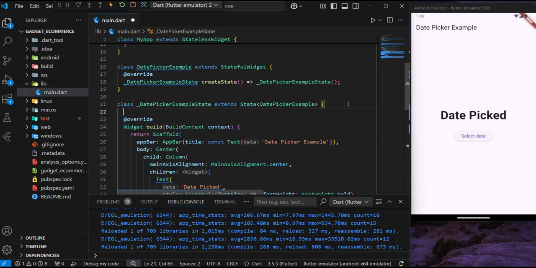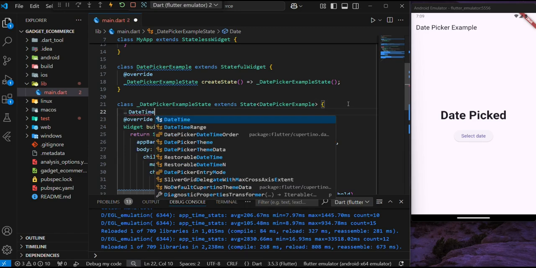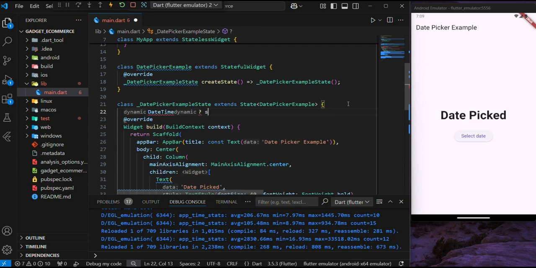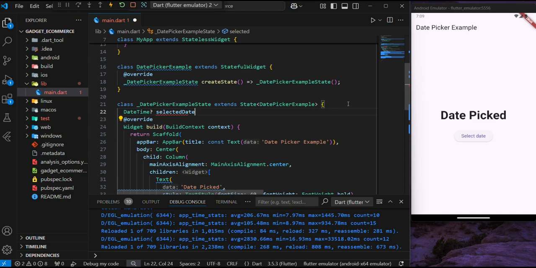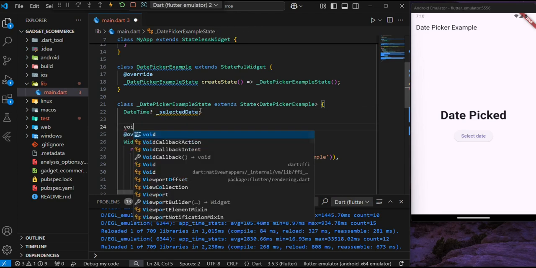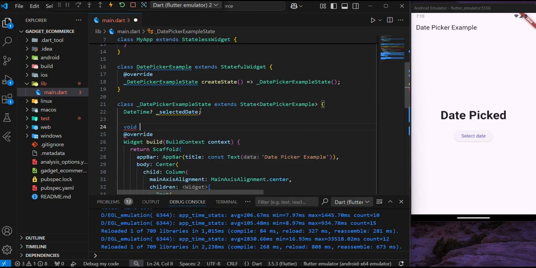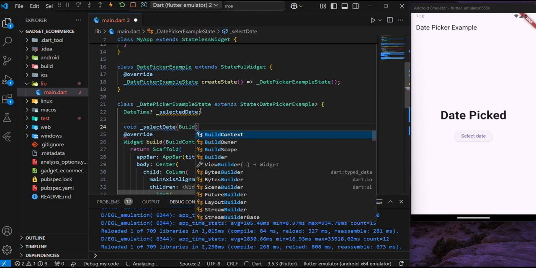So to do that, we're just going to come here, and then we're going to make use of the DateTime class, and then you can say selected and call it selectedDate, and it's going to be null for now. Let's make it private. Yeah, I'm going to create a function. The return type is void, and then we can call it selectDate. It's going to take BuildContext,